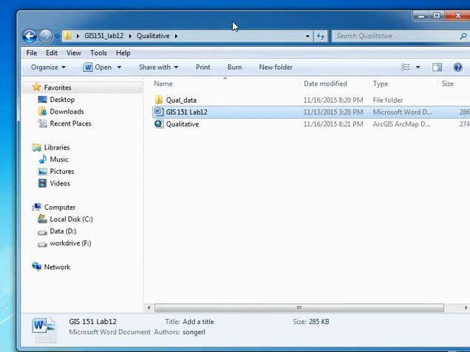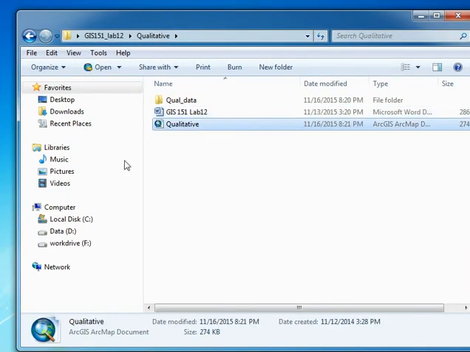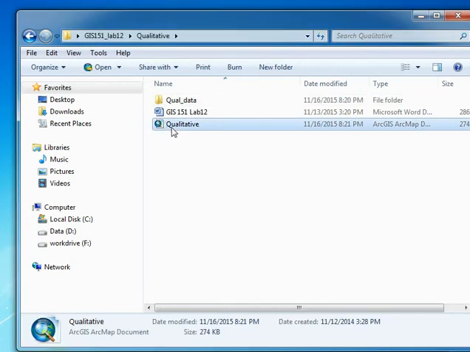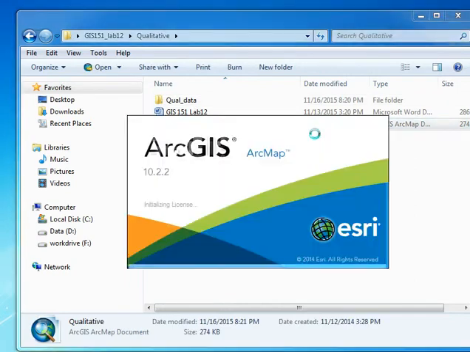And what you'll see is an MXD called Qualitative and a data folder called Qual Data. There's lots of data in here. And the first thing you're going to want to do is to unzip that, and then you're going to launch the Qualitative MXD. Now, when I was creating this lab originally, I had the folder called Data, just like one